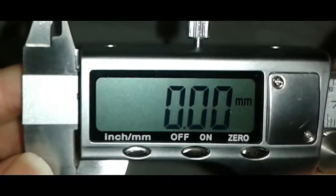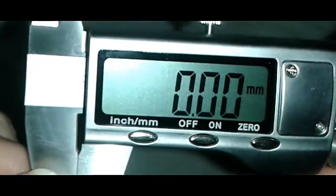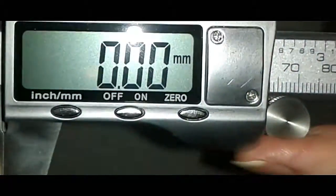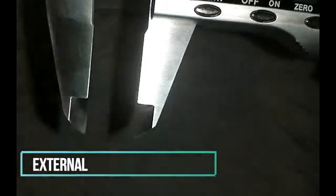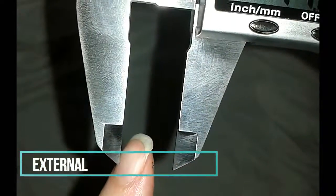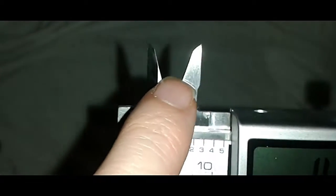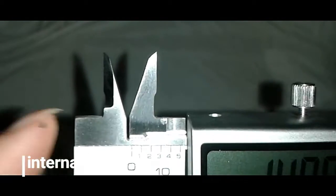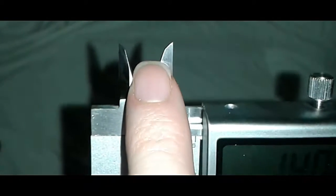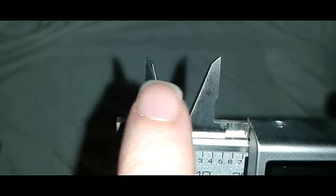What you're going to do with the digital caliper is move this right here. This is the guide. You pull it back, and it's going to tell the distance between this and here. So that would be your outward side, and this would be the inside. Let's say you wanted to measure the inside of a glass. You would spread this apart until it touches each side of the glass, and then it would tell you here